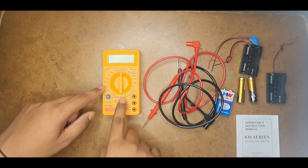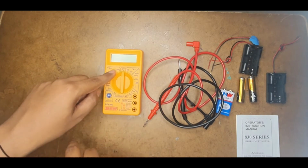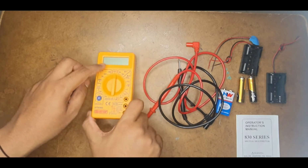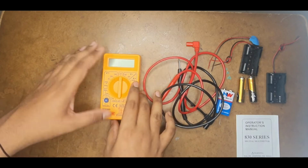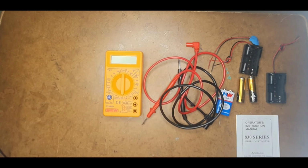Similarly, this whole section is for measuring resistances, and this is for measuring DC voltage, and the maximum DC voltage this can handle is 1000 volts. Now, enough with the basic introduction. Next, once you have purchased this multimeter, how can you make sure it is working perfectly fine